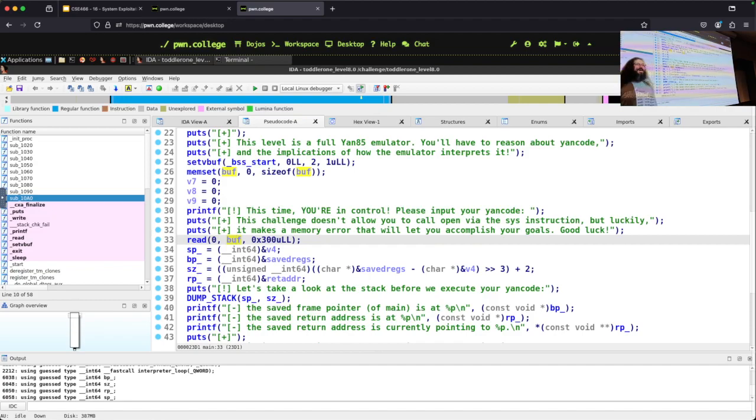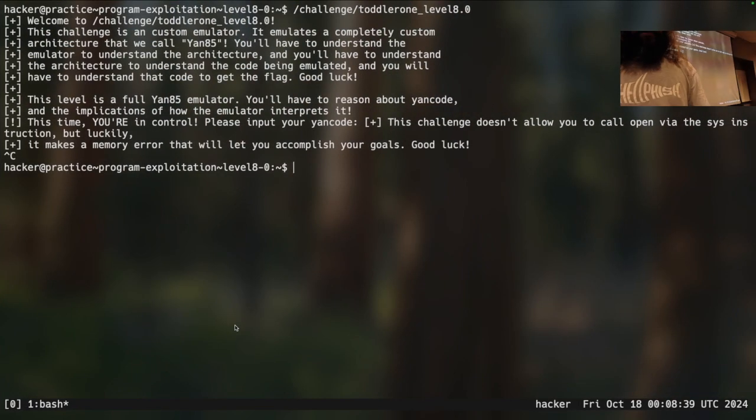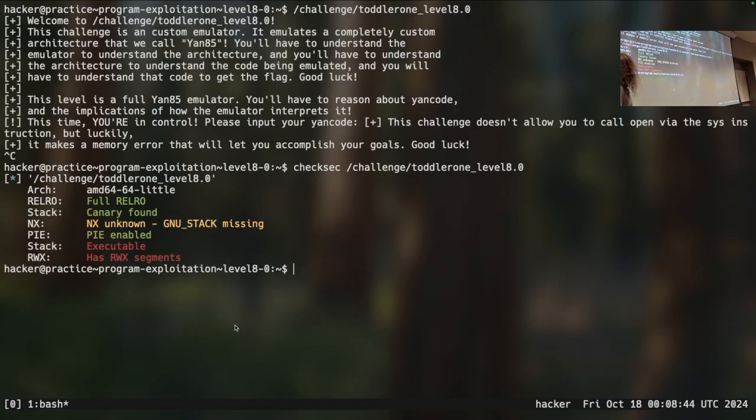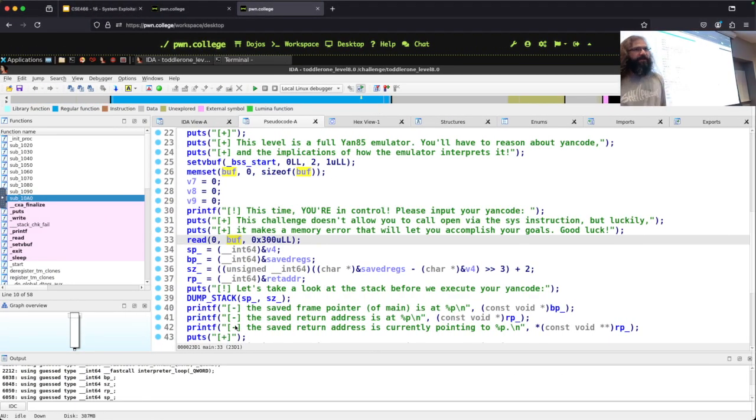I'd be overflowing the x86 stack, because this is in fact an x86 binary, AMD64. One thing I would want to know is whether there is a canary, because the existence of a canary on the stack would influence whether I could do this.